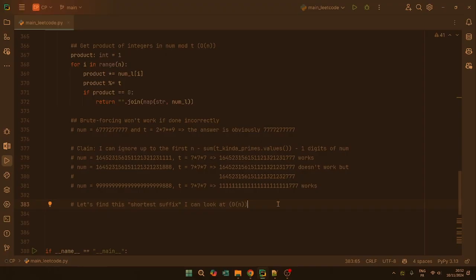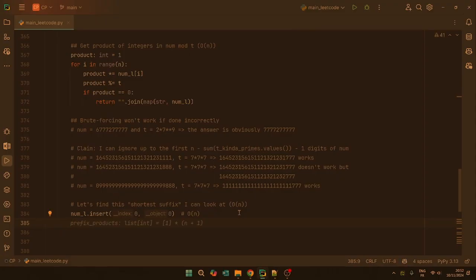say I want to add a digit instead of just saying I want to find the shortest suffix. So the first thing we can do is just say num_l.insert. This is bigger than n, that's okay, just so that we have a fake 0 here, right? So that we can just say, oh, this is not a 9, I can set it to digit + 1. And